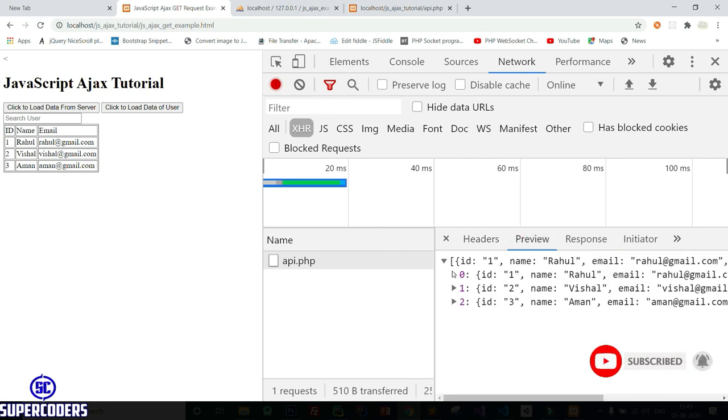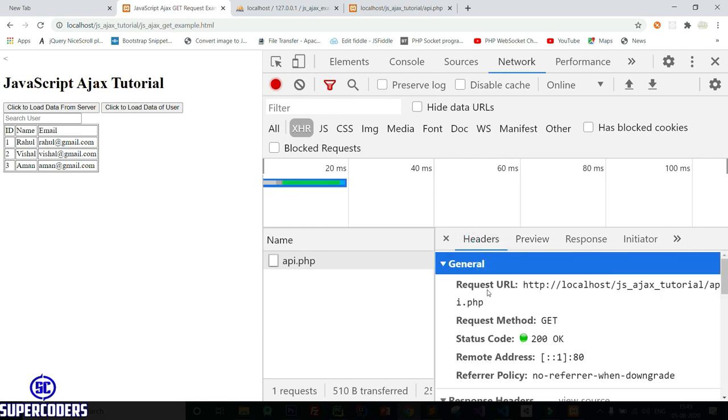Also in preview you can see the data. So sometimes if you call Ajax and your data is not working or your Ajax failed, you can use this network tab to find your errors and see what actually happened. Here you can see it returns the data and also the request method.